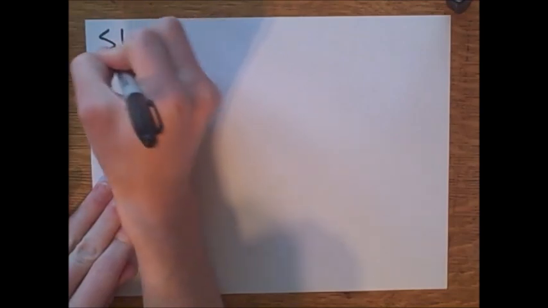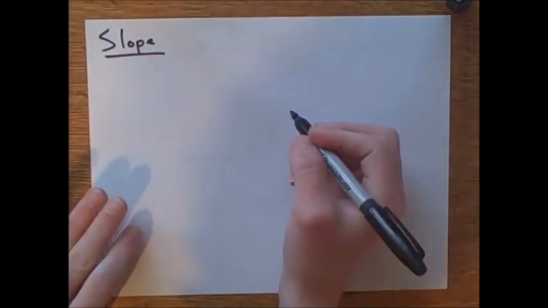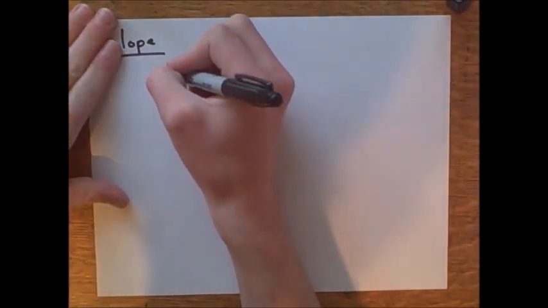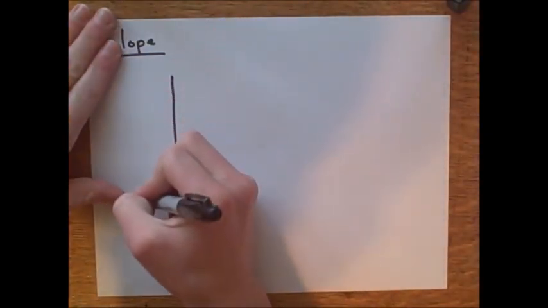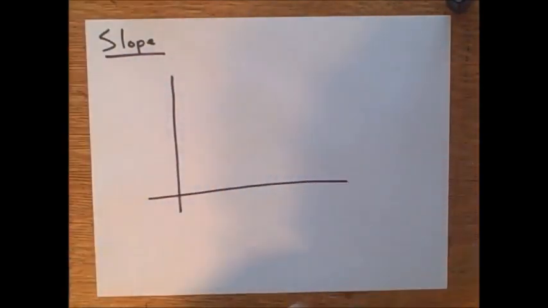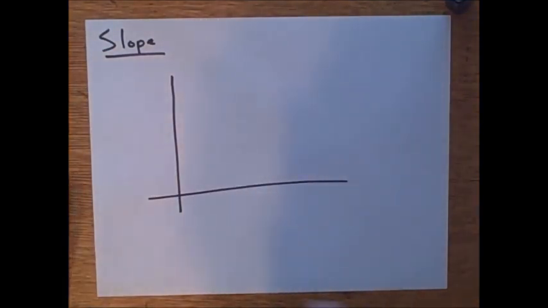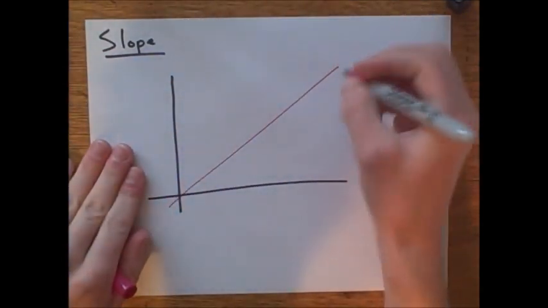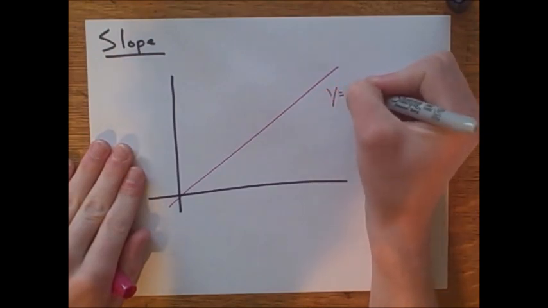So that's pretty much just determining rate of change, and we have a word for that. We should know from algebra that that is called slope. So we're going to do a quick review over slope. Okay? So I'm going to do an easy graph here. If I were to draw out the function y equals x,